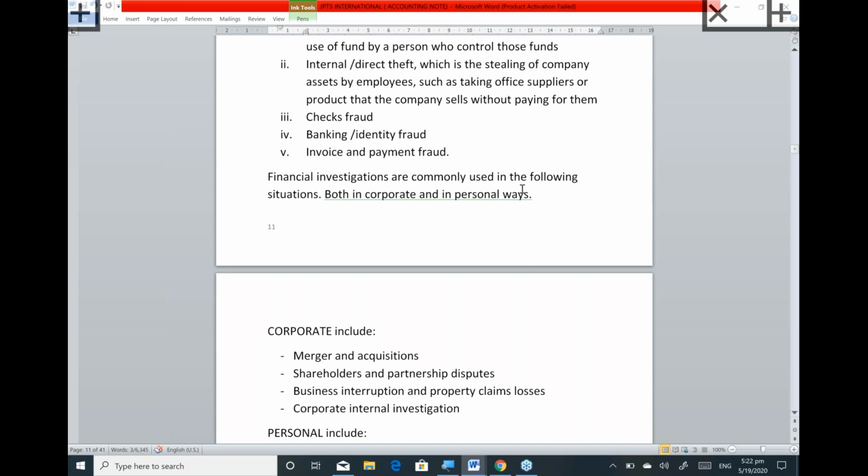When we talk about a merger, that's two companies coming together to form a whole company. And when we talk about acquisition, it is the total purchase of the organization. Then we also look at shareholders and partnership disputes, where possibly they didn't really